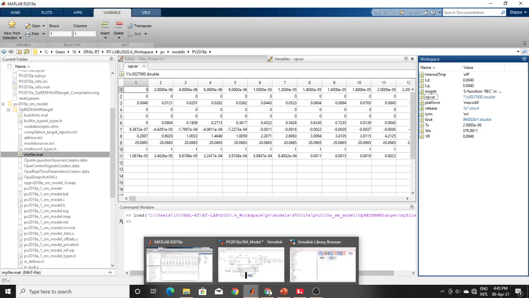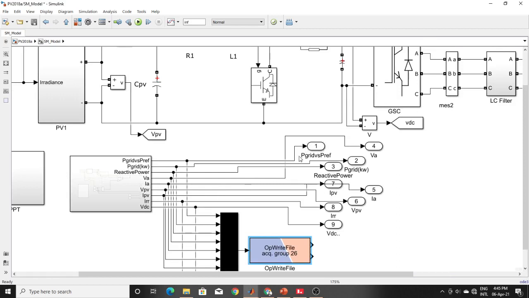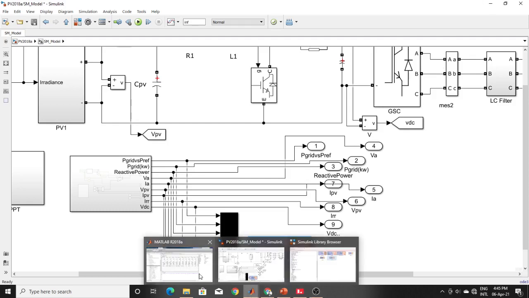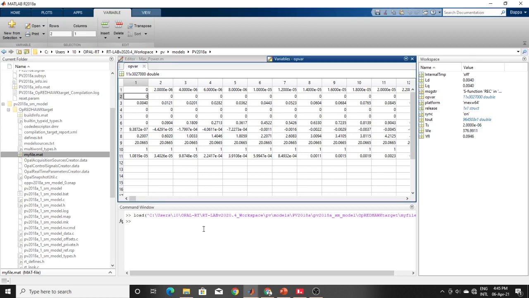Suppose in this model I have connected so many connections. Number one is PV grid versus PV reference. So I have PV grid as number one. My result will be like this: number one is time, then PV grid.